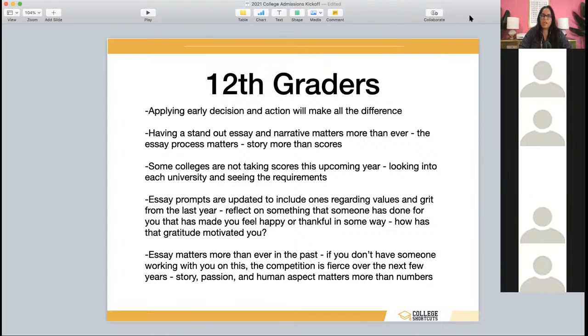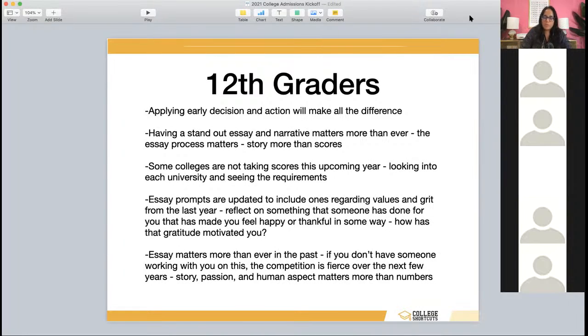There's nothing more important right now than making sure that you have a very clear narrative. You're very clear about where you want to go, why you want to go there, and you are able to eloquently express yourself of exactly why you want to be there. You have to remember you're competing with students that have some pretty intense stories. Last year our essays were incredible. Some of the things we read, you want to elicit a very strong emotion. There was a lot that happened in the last year, and there's a lot to write about. So if you're going to stay surface level, don't expect to get in. You're competing with, in some cases, upwards of 50 to 100,000 applications for 4,000 spots.